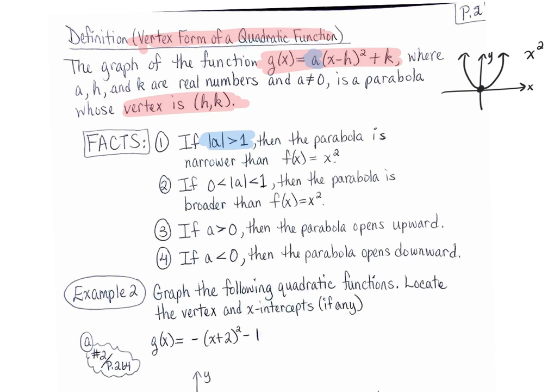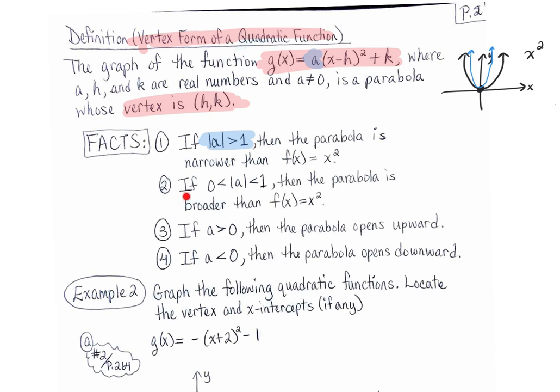Narrower means that it looks something like this, right? So what's happening is, imagine yourself grabbing the two arms of the black parabola and pulling it up, stretching it. If you stretch it, it becomes narrower, right? That's what's happening in part 1, okay? So this stretches your parabola, making it skinnier,